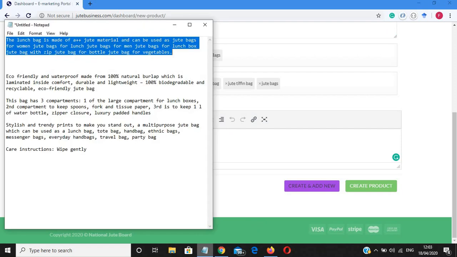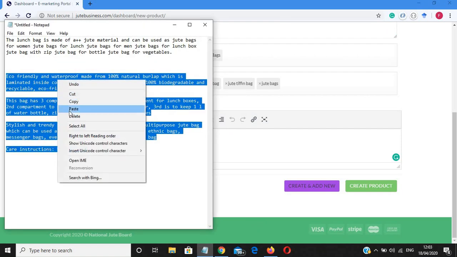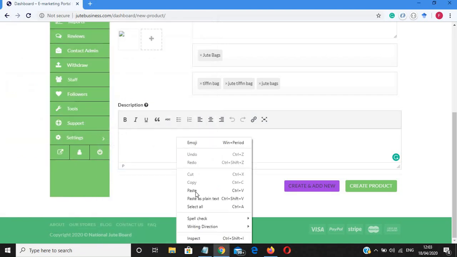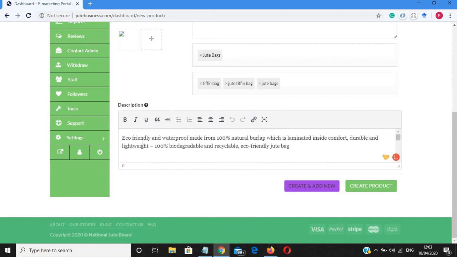I have already copied the long description from the internet, and I am directly pasting it here. We can make important words bold, like here eco-friendly is a very important word, so I am making it bold, or italic, or giving it an underline.